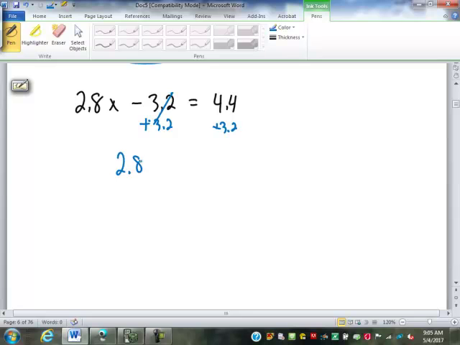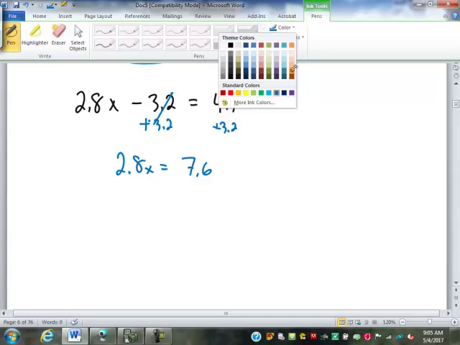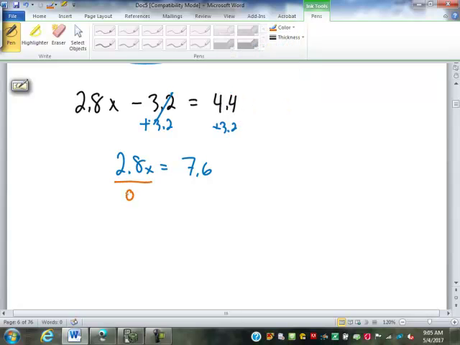So 2.8x equals 7.6. And then divide by 2.8. X equals 2.1. 2 point